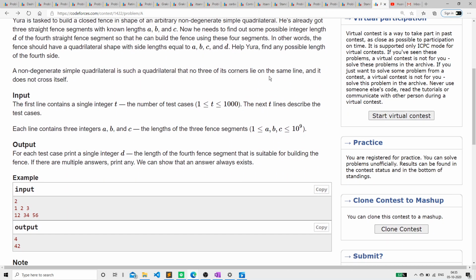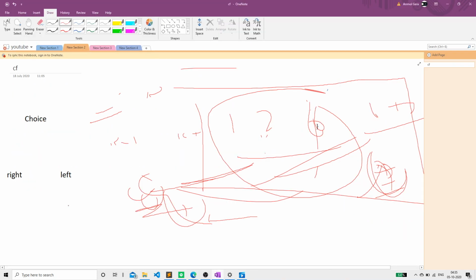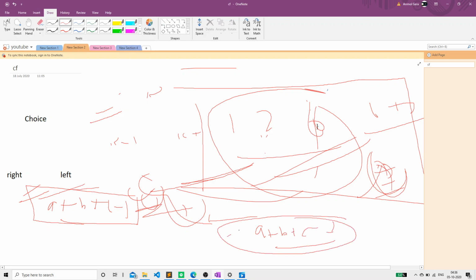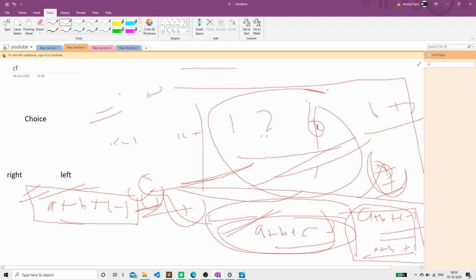Another way to do this is simply A plus B plus C minus 1. A lot of grandmasters did this. Actually, I read a lot of code of grandmasters after the contest ended. So this was the solution: A plus B plus C minus 1. If A, B and C are unique, then A plus B plus C minus 1, or even A plus B plus C, will always be unique, and that is allowed. That is what a lot of grandmasters did.